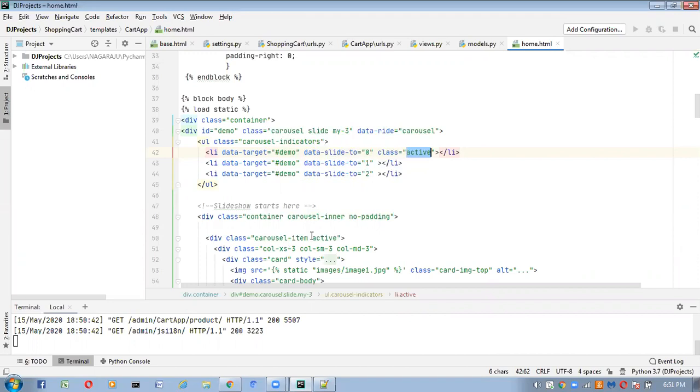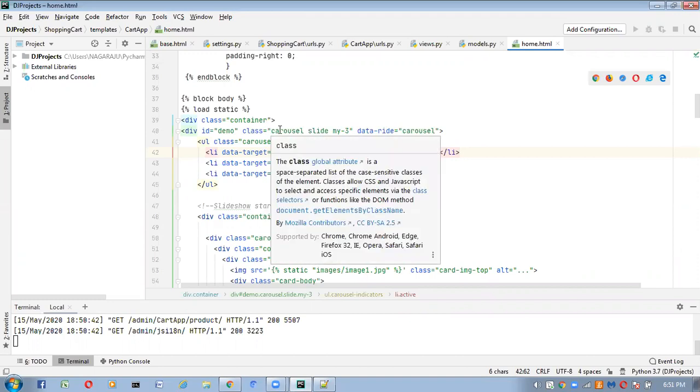Here, what is this carousel slide class? Based on this only, we are getting all required slides, and slides we are getting based on this carousel slide class only. So now what we have to do? First one, by default, you want to get it here. What about the remaining slides? How will you get the remaining slides here?